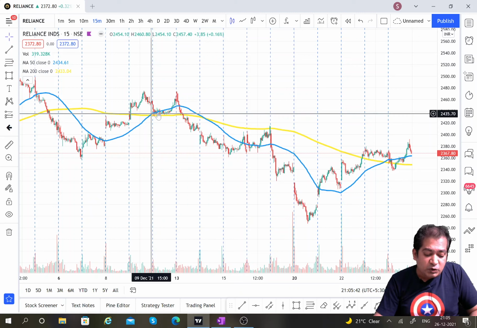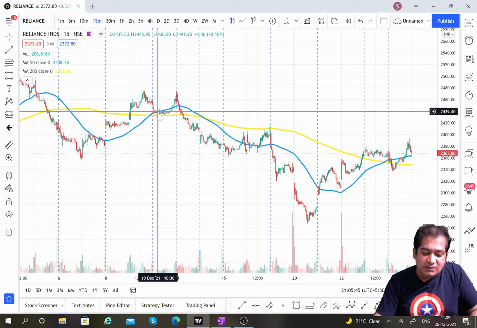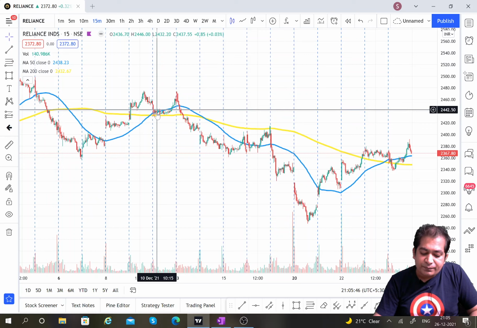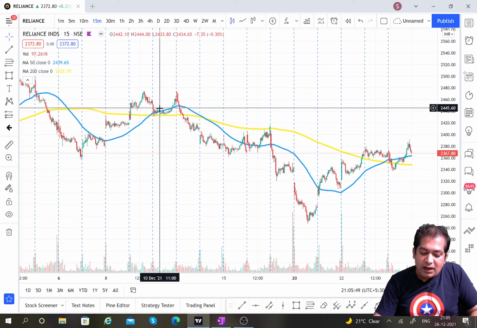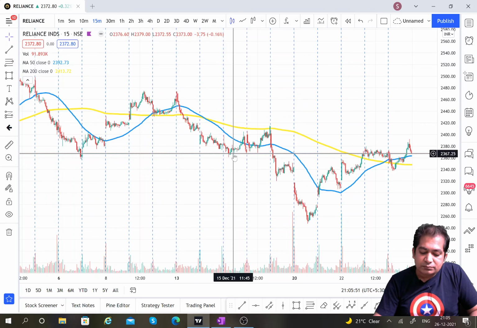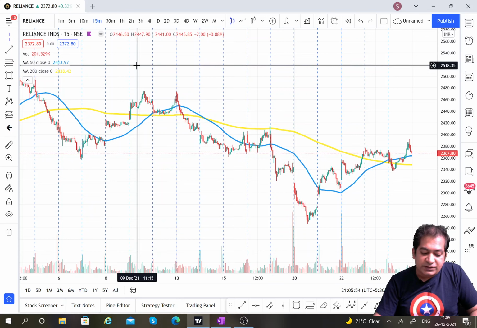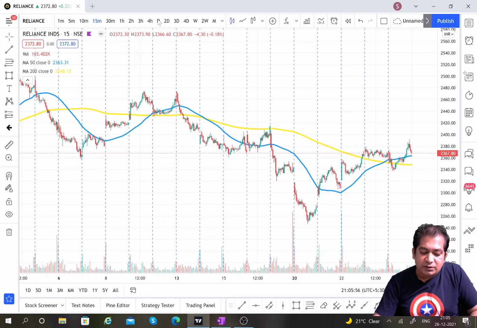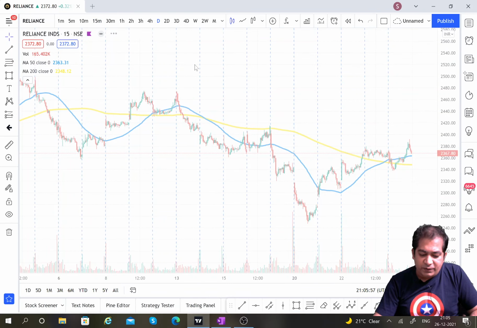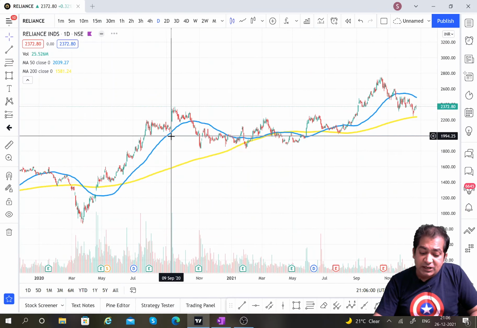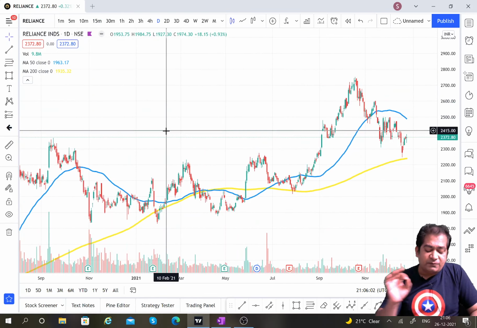But the thing is, you will fail if you use this strategy. Suppose you had taken a trade here when the crossover happened, and you see that after going up, the price comes down. So do not consider this a very good way to trade. So I will use multiple moving averages, and remember, an investor always wins over a trader.